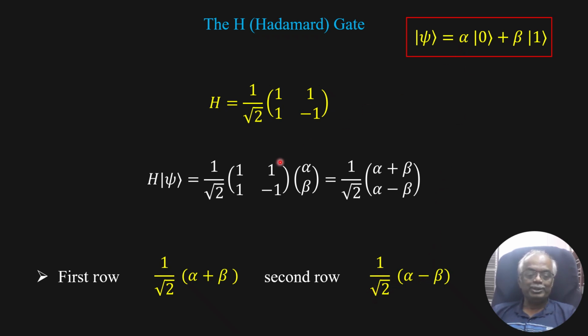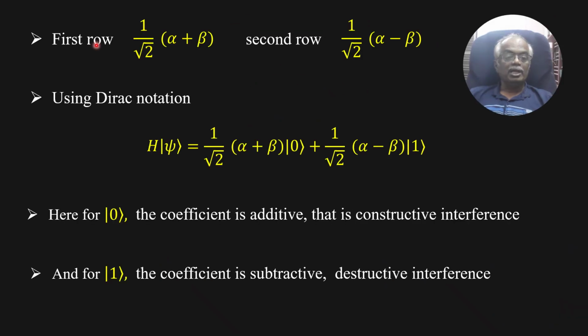So this coefficient is 1 over square root 2 (alpha plus beta). This is alpha plus beta. This will become alpha minus beta. We have seen that the first row of the matrix is 1 over square root 2 (alpha plus beta), and the second row is 1 over square root 2 (alpha minus beta). So using Dirac notation, we can write what will happen when the H matrix acts on ket psi,